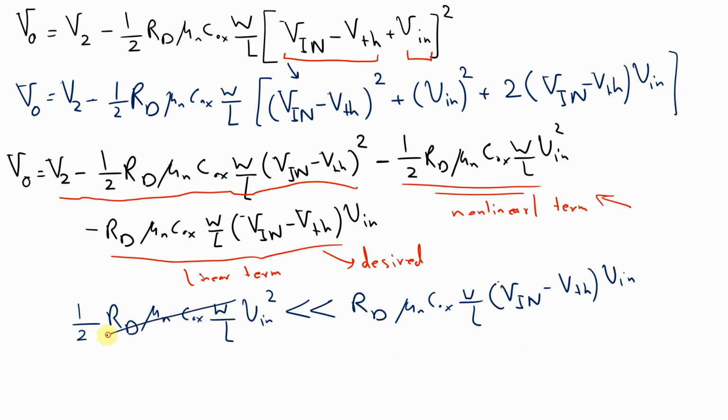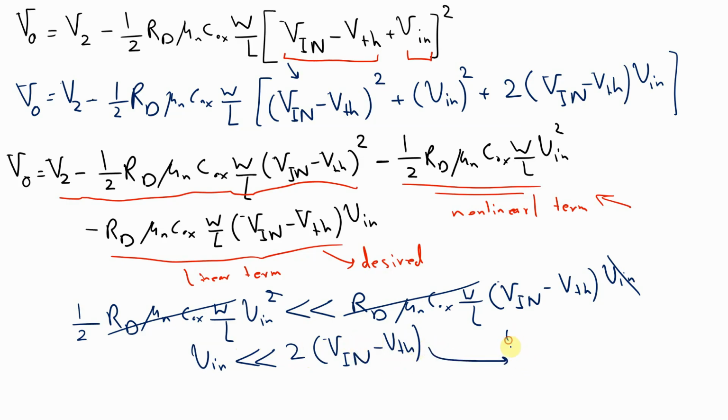These are the same terms that I'm going to get rid of, and one V in with V in is simplified, and so we are left with V in has to be much less than 2 times V in minus V threshold. And with our assumptions here, we can calculate V in has to be much less than 2 times this V in is 0.7, and this one here is 0.4. So here 0.3 times 2, 0.6. You have to choose the amplitude of V in much less than